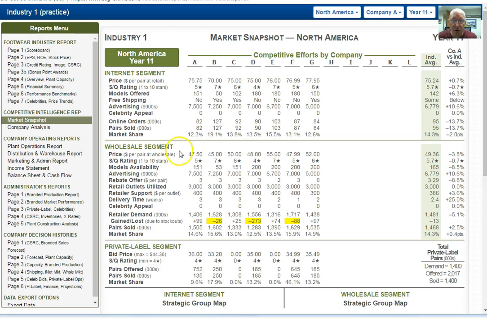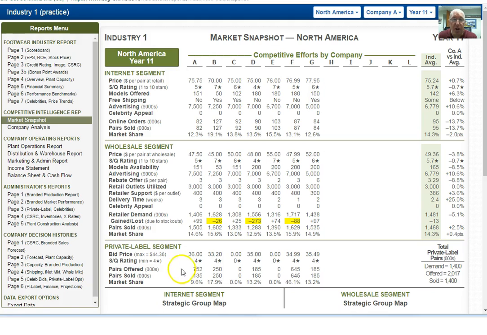And this is just giving you a sense of the major dynamics. And so now I get a sense of why my shoes sold as they did. In the case of E, simply put, for a 7-star 200 model shoe, $55 was too high a price. Or you could say at $55, I needed to raise my models up to the next higher level. You can approach that any way you want, but the big 3 right here, something needed to change to make your shoes more